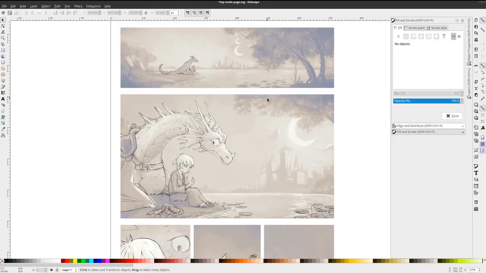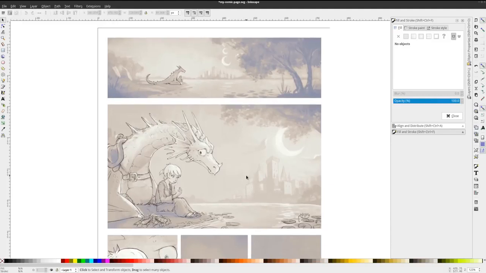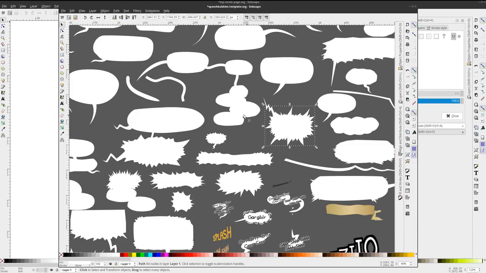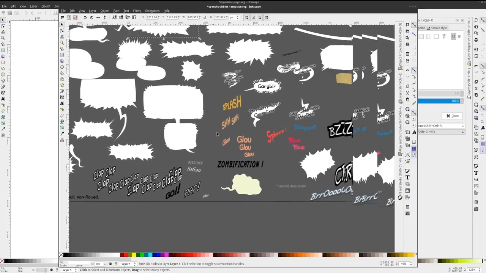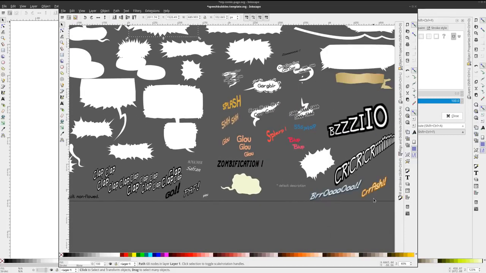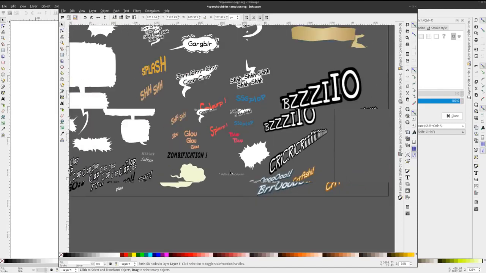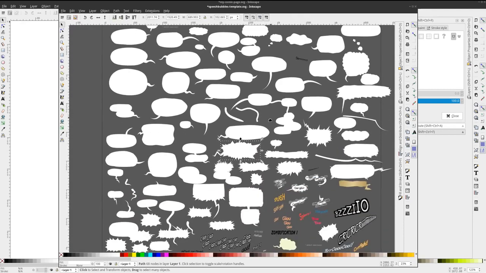So what I did is I made a big template, so I can just do copy pasting, and it results in this big file here. It's a file with a lot of ready-made vector objects. I made them myself, and there are tails of speech balloons themselves with a lot of styles. You have a lot of fonts with effects for ready-made speed effects and sound effects, sorry for my vocabulary and my English. But yes, this file, you will find it also